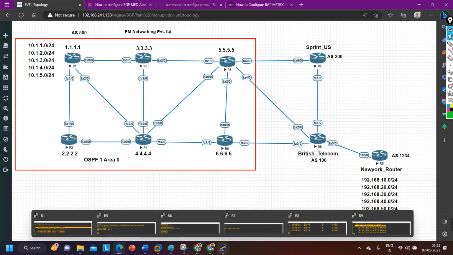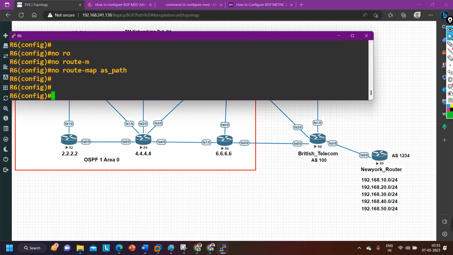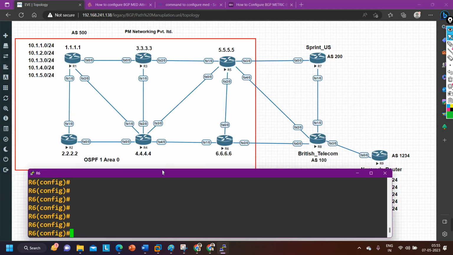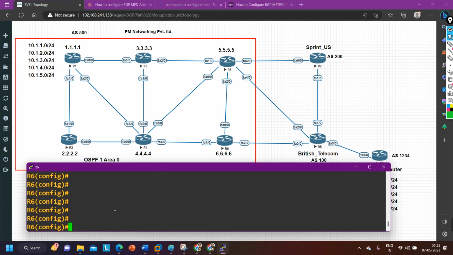Done. Now let me take you to router number 6, and here also I am going to create one route map. First of all I have to define the interesting traffic. So what will be the summary address of the last two networks? It will be 10.1.4.0. So IP prefix list name is, let's say, CCI permit 10.1.4.0/22 greater than or equal to 24 and less than or equal to 24. Done. Now route map